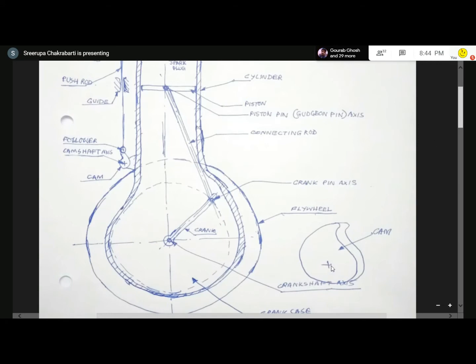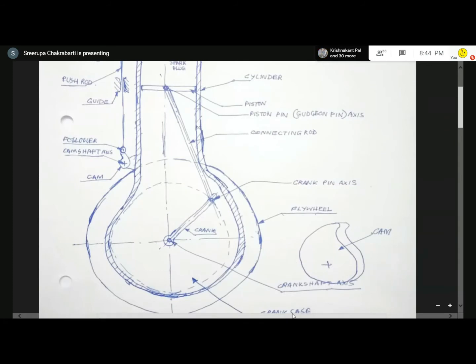and this cross shows you the axis of rotation of this cam. The cam is rotated about its axis. When it rotates, this distance, these are fixed, uniform, right? Equal. This portion is just like the radius of a circle, the circumference of a circle.